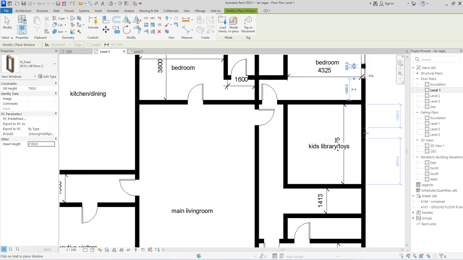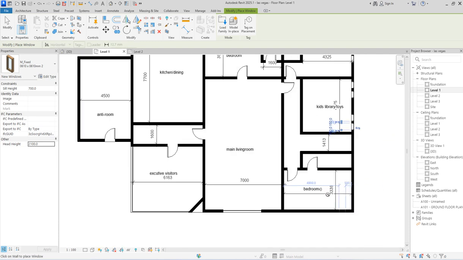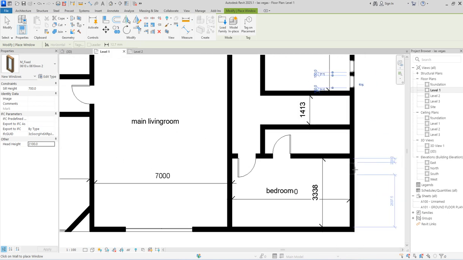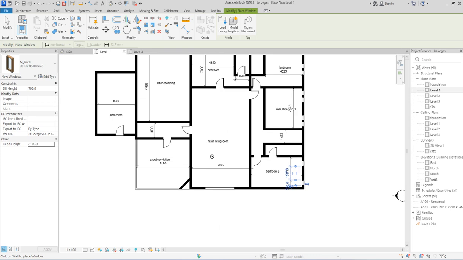The next one is the kid library, which is this. I'm giving it to the side. If there's anyone who has the question why I'm placing the window to the side, you can ask through the comment section, or those who have my WhatsApp number, you can just contact me and I'm going to answer you. So I have this one at this level as well. That's the design for that procedure.